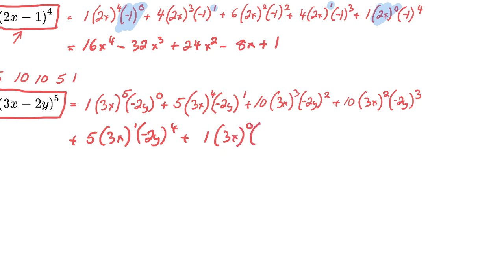First term is 0. And the last term is 5. And then it's a matter of multiplying out, and that will become 243 x to the 5th, 810 x^4y,